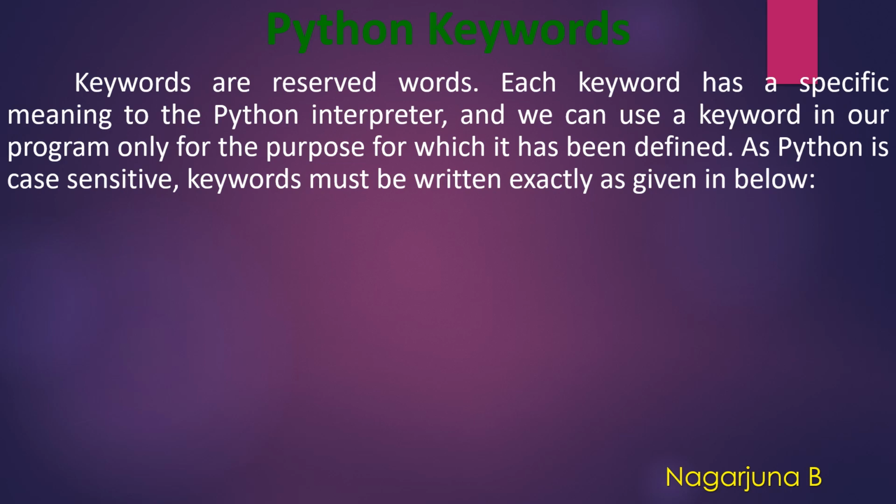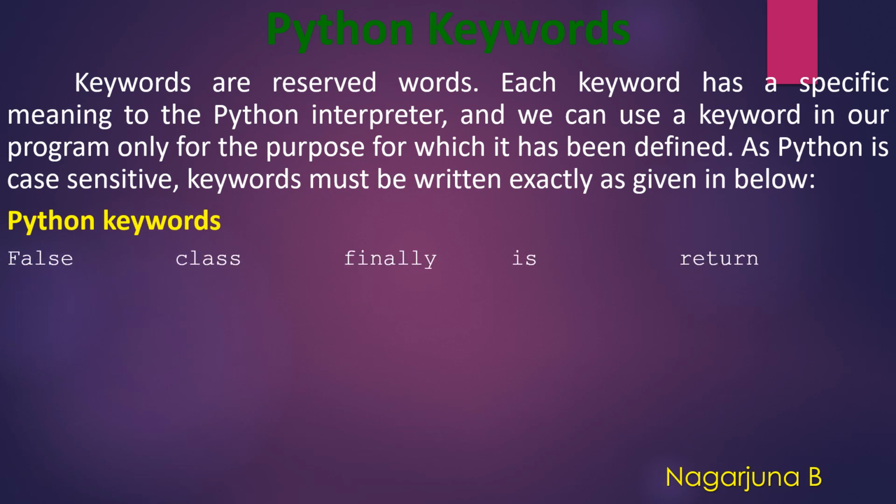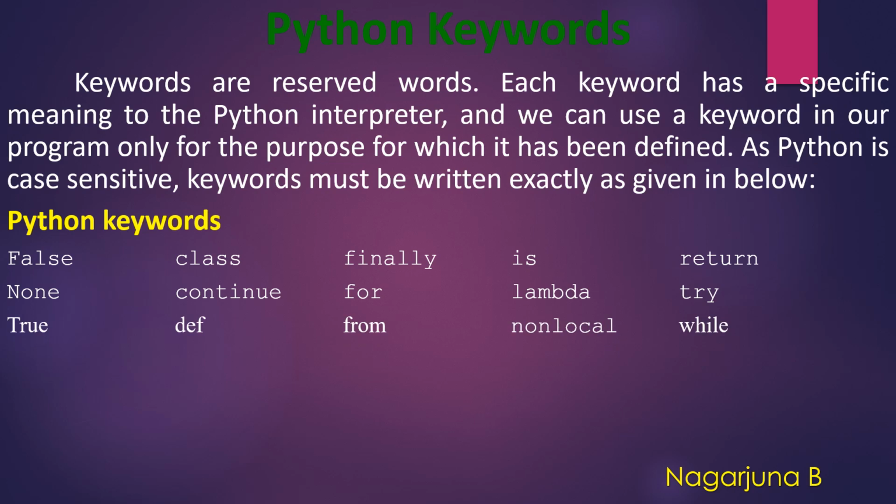A few of the keywords have been given here. You can observe: False, with capital F; class, all lowercase; finally, all lowercase. It has to be written in the same way because Python is a case sensitive programming language. Similarly, the other keywords: None, continue, for, lambda, try, True, def, from, nonlocal, while,